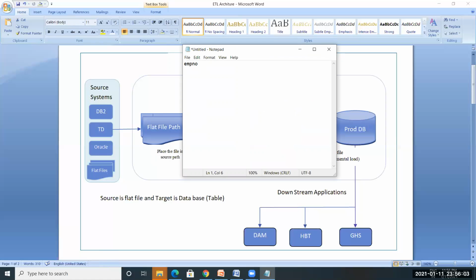Employee number, comma, e-name, comma, job, comma, salary, comma, department number. These are all the employee table columns. Now what we will do, we will give some employee data in those columns: employee number, comma, e-name, Srinu Vasulu, comma, job, manager,